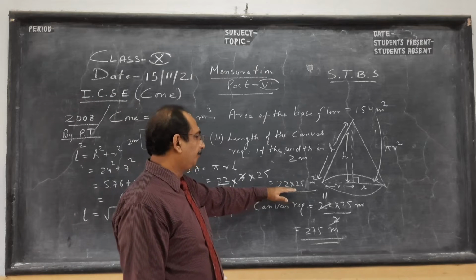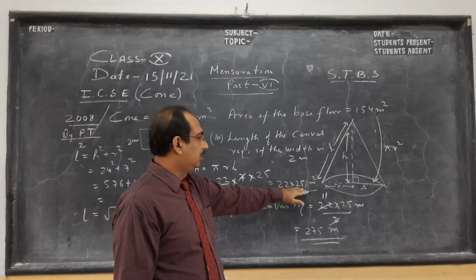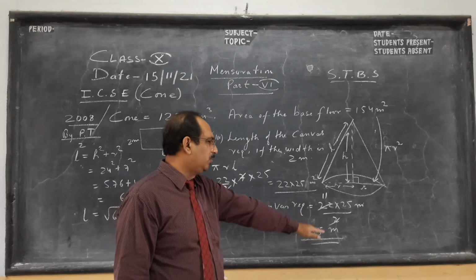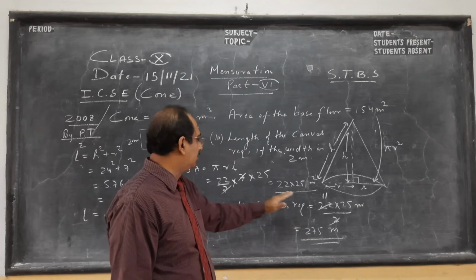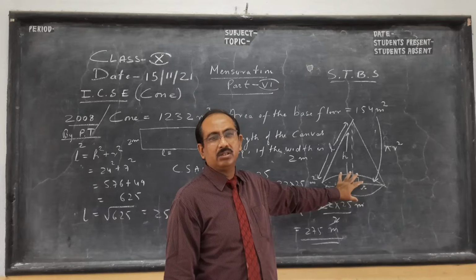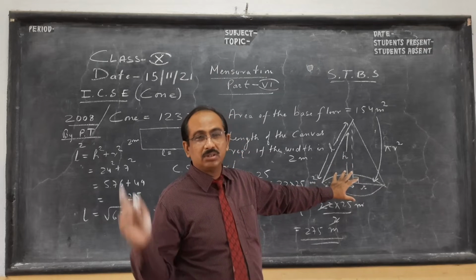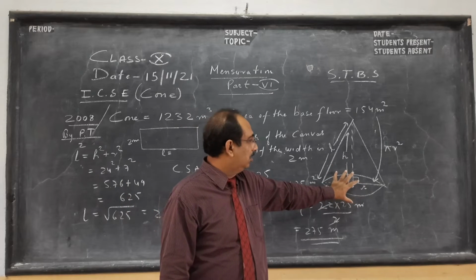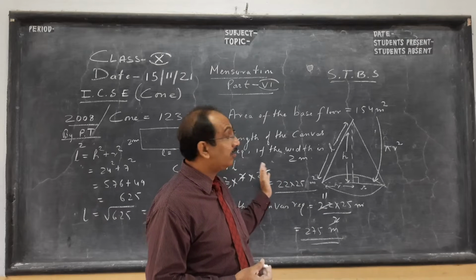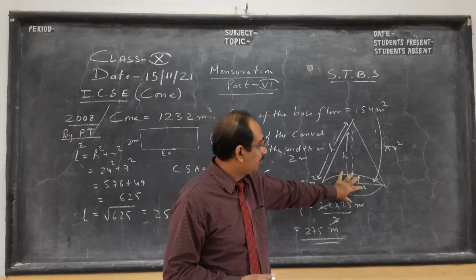So see here, this is the curved surface area. You don't multiply. At the end, I divide by 2 and it becomes easier to manage. So once more, with the area of the base, I am recapitulating the full question, ICSE 2008. If you have an MCQ in the next term, semester 2 also, you'll have this as a 4-mark question, 1 mark for this.